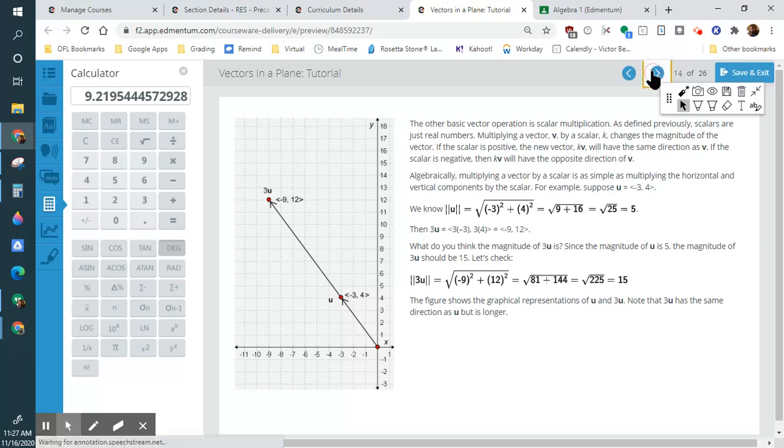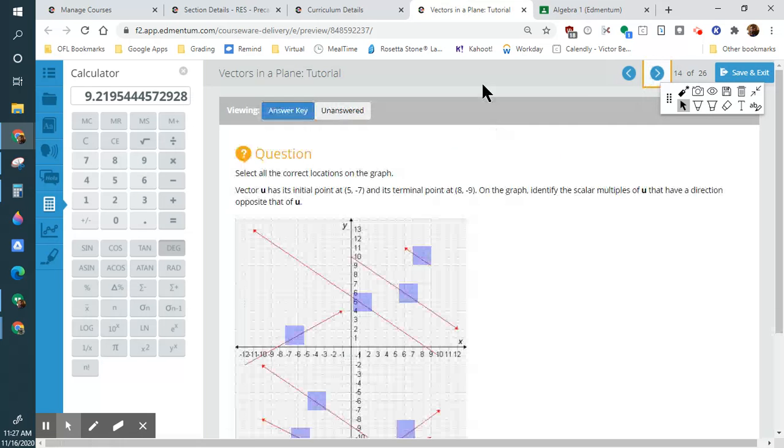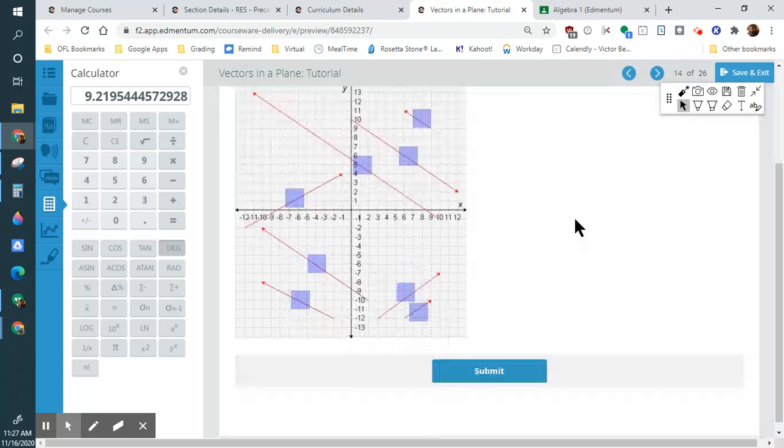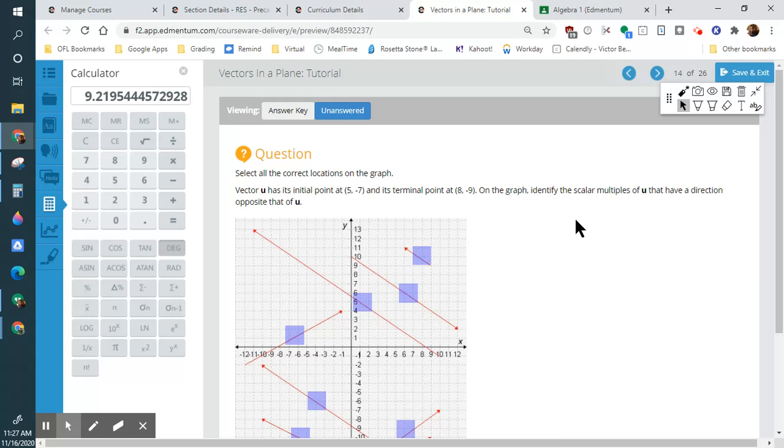So that's what I've always thought about trig. It's always just the combination of the two, basically. So now what we're going to do here is, if the initial point is 5 and negative and our terminal point is this, we need to find our u vector. So our u vector is going to be,